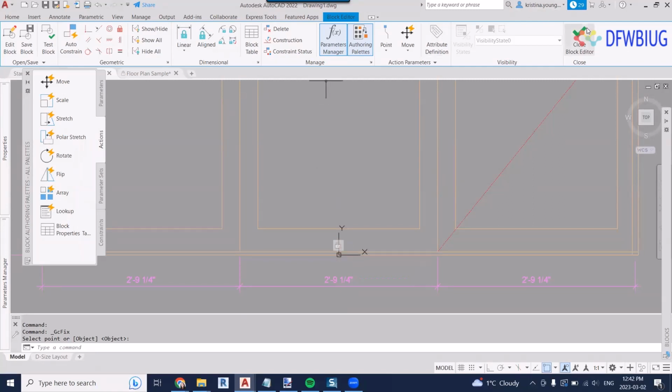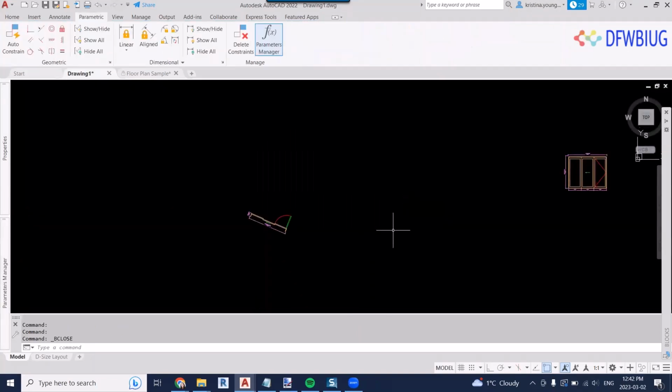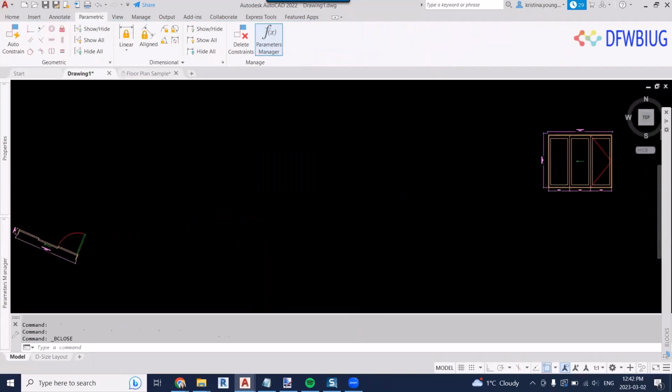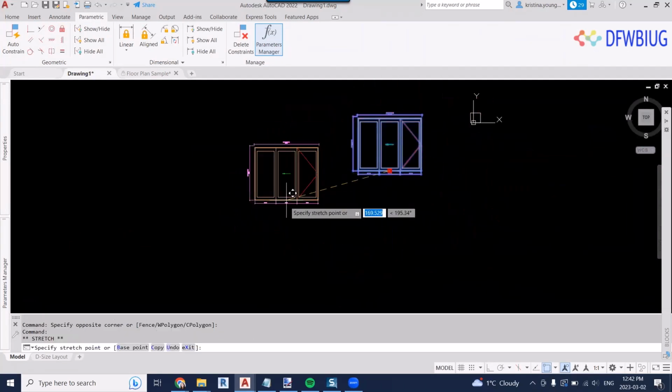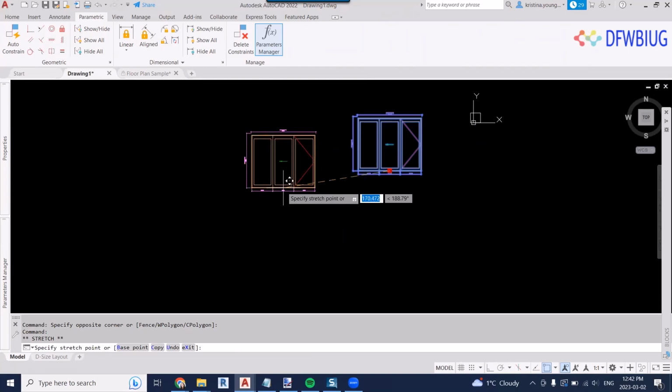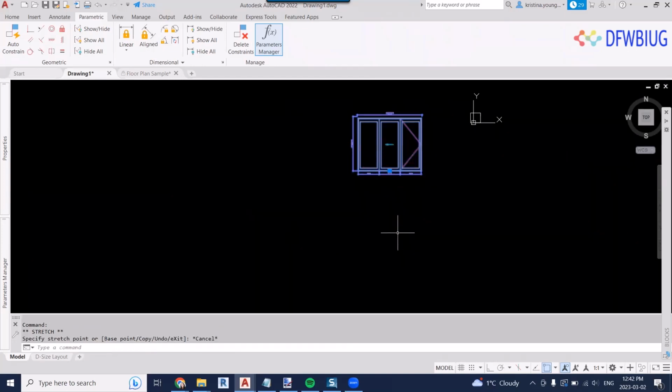So now when I go back over to my main project, where did you go? There you are. It doesn't stop this object from moving. It doesn't hinder your block in any way. It just, again, stops somebody from being able to go in there and move it off of that insertion point,